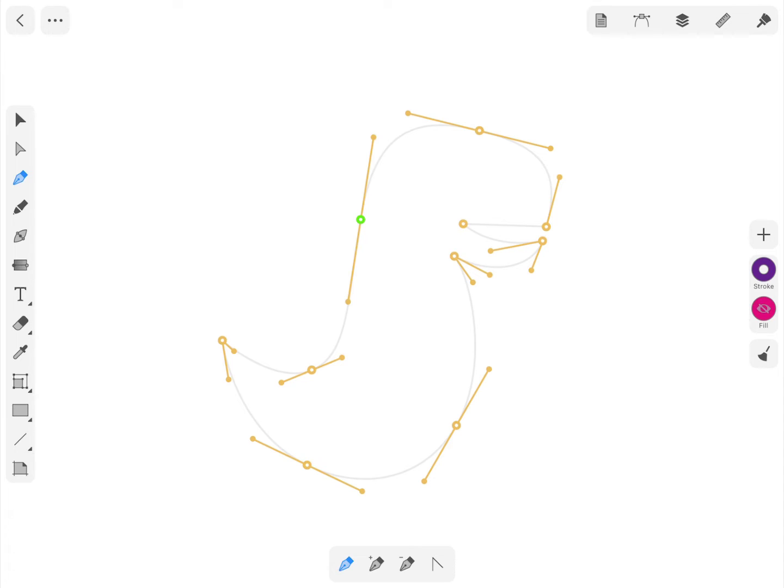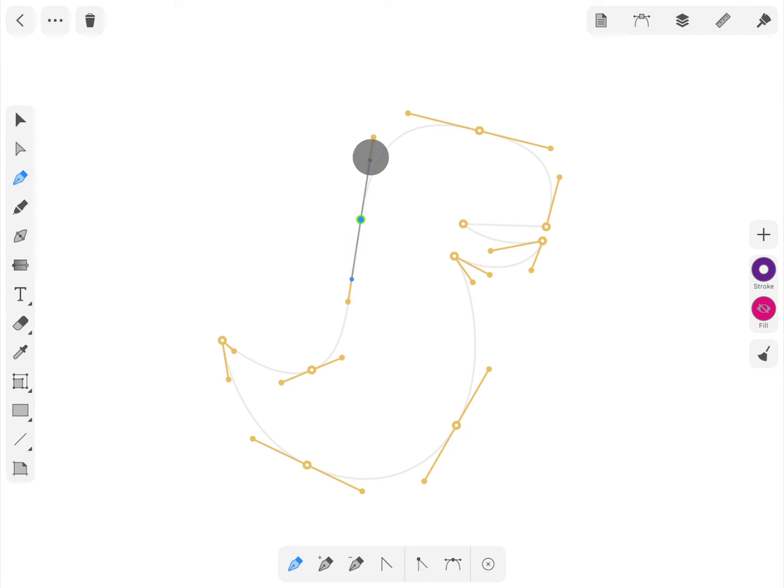In our second exercise, we will trace the dinosaur's body. The path that forms consists of a number of smooth and corner points. We added several auxiliary lines to the drawing so that you can understand the process more easily. Start by tapping on the green point first, but this time tap and drag to pull out the direction lines out of the point. The length and direction of these lines influence the curvature of the path. Since we will be drawing in the clockwise direction, the direction line should also be pulled in the same direction.